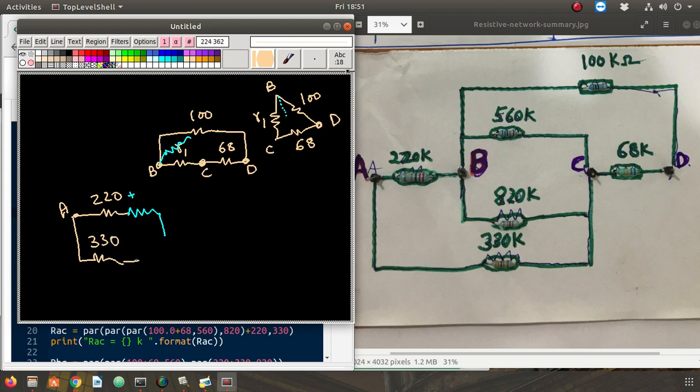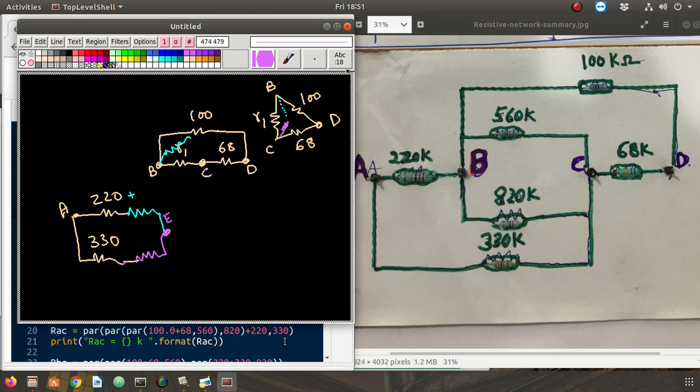So the 330 will become in series with the branch which comes here. Okay, so between R1 and 68, whatever it comes, that resistance will come here. So this is basically the star point. We used letter E for that, remember. So now what is this resistance? So this is nothing but delta to star combination with R1 and 68 as the first two parameters.